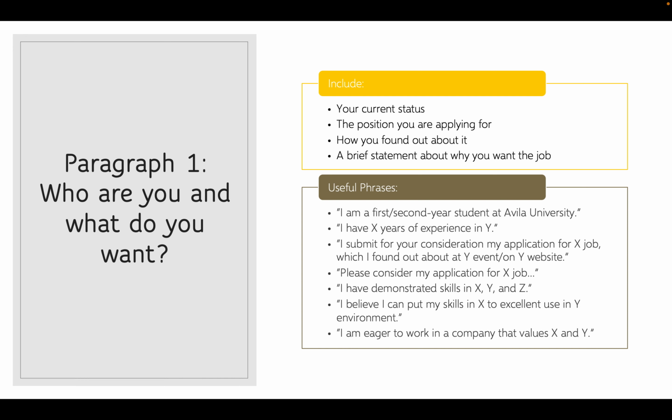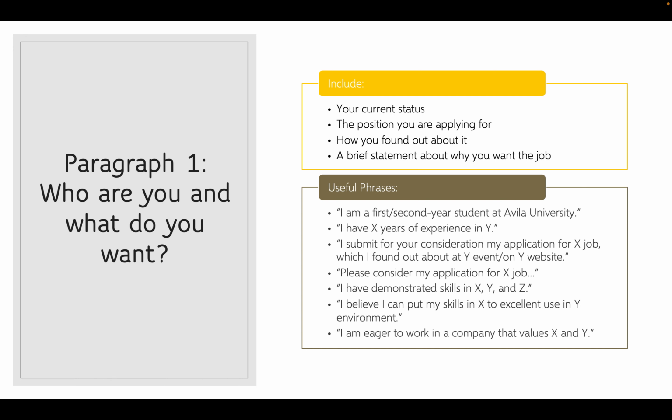It is a good idea to indicate how you found out about the position. So for example, if you went to a recruitment event or an information session for this company and you met somebody, that's a great thing to talk about. It shows that you went out of your way to seek information about this particular opportunity. If this position was recommended to you by somebody, that's also a great signal. If you can say,